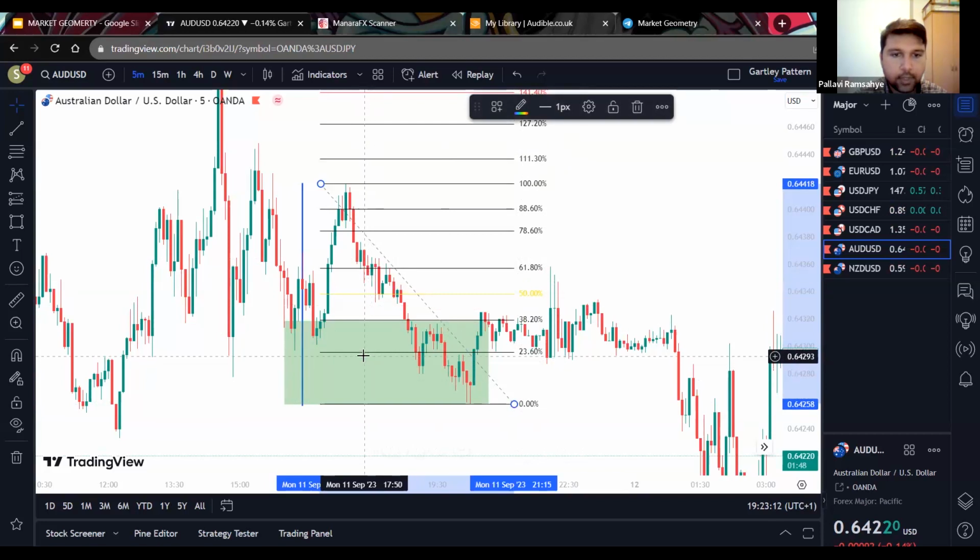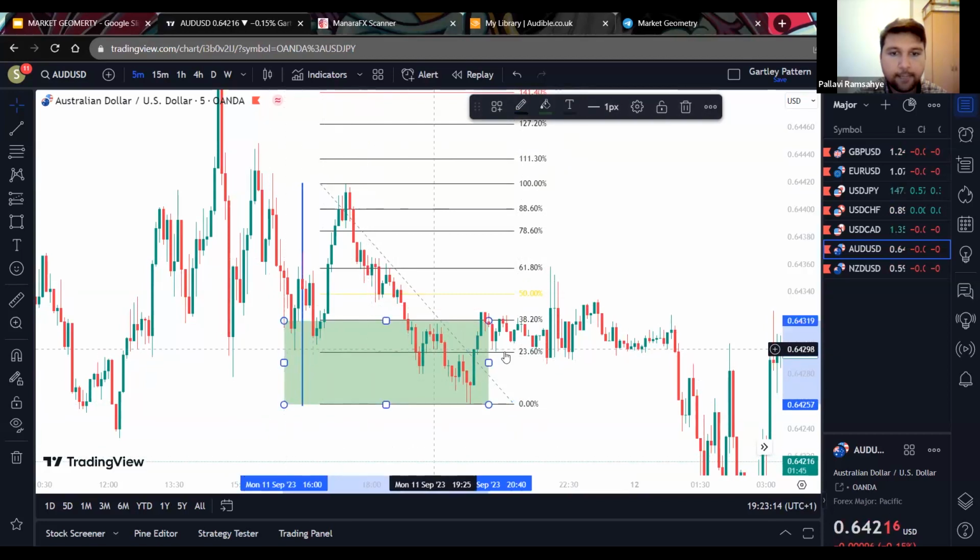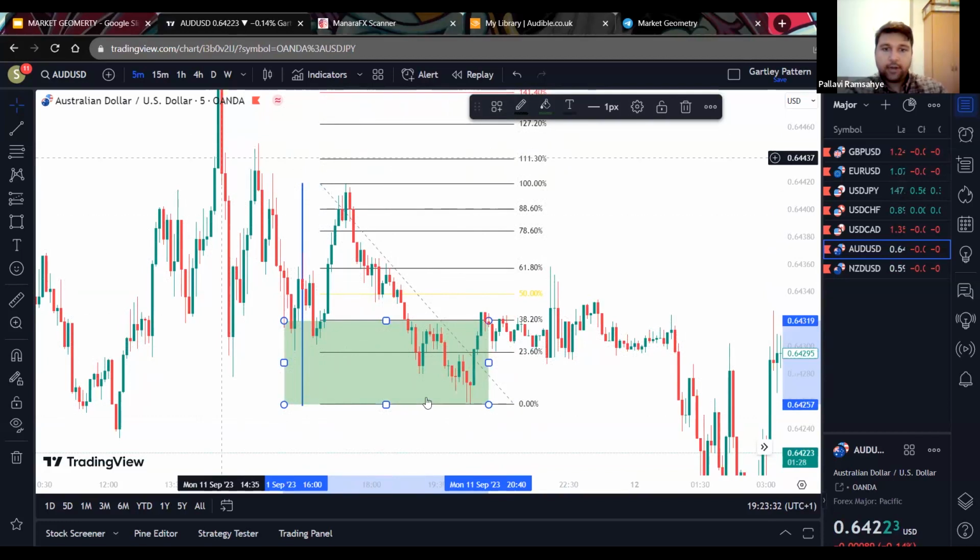Right. So can anybody tell me what percentage this green zone is of 100% of this blue line? Can anybody tell me what the green zone is? What percentage of the green zone is of the blue line? Can anybody pop that in the chat? What percentage of this green zone equates to the blue line? So if the blue line is 100%,